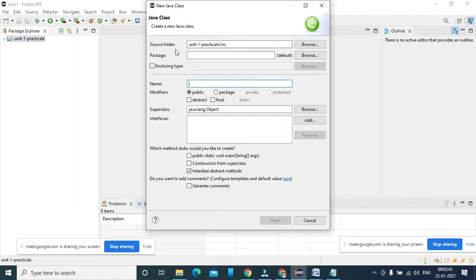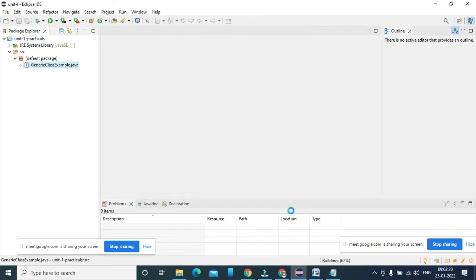Okay, so this is a package. If you want to put a package, by default it is a source, so you don't need to. Okay, and you require a public static void main here, so it depends upon your wish, and you are going to use this. So I'm just writing a generic class example here. So if you want to implement under public static void main, then you are allowed to. Otherwise, if you want to keep this separately, you are allowed to keep.